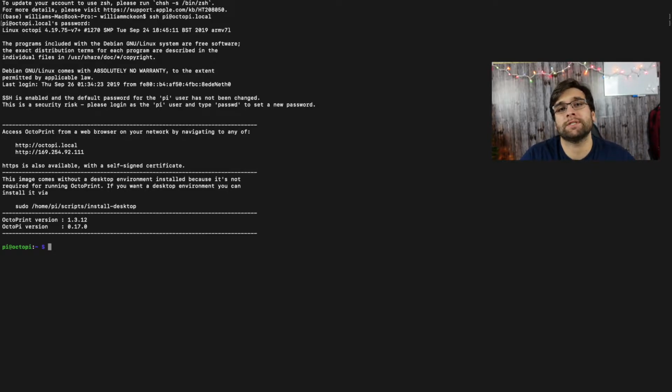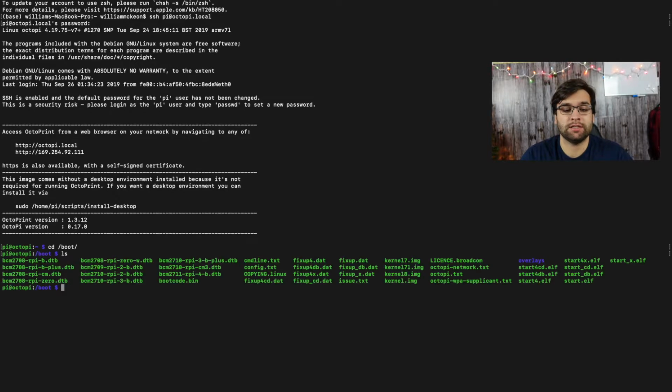So next thing we're going to do is go to the boot file system, and the way we're going to do that is we're going to type in cd /boot/. Alright, so just like this, cd /boot/, and we're going to hit enter, and then the next thing we're going to do is hit ls, because there's only one file in here that we have to change, and that is going to be this